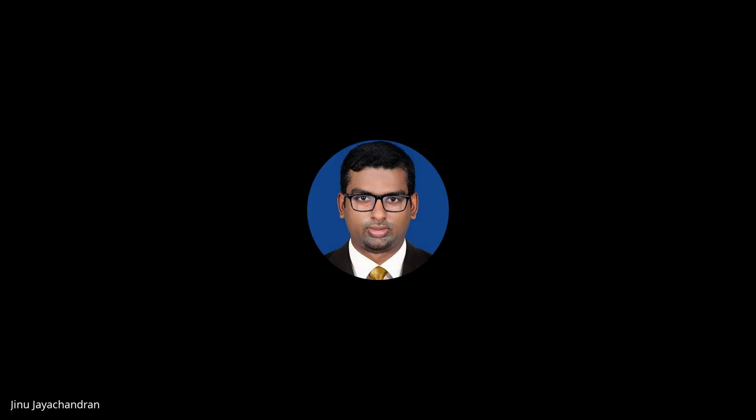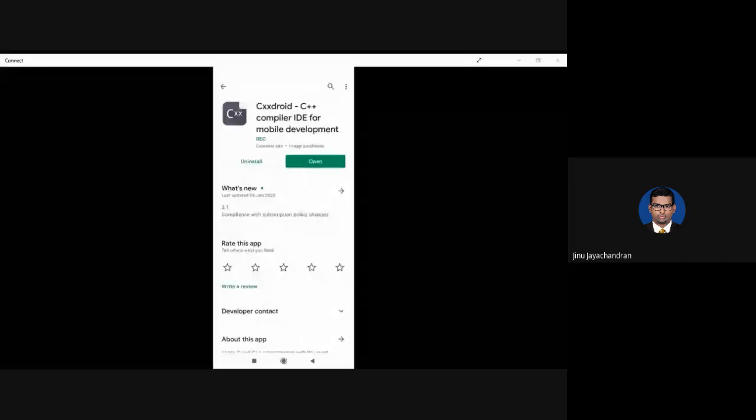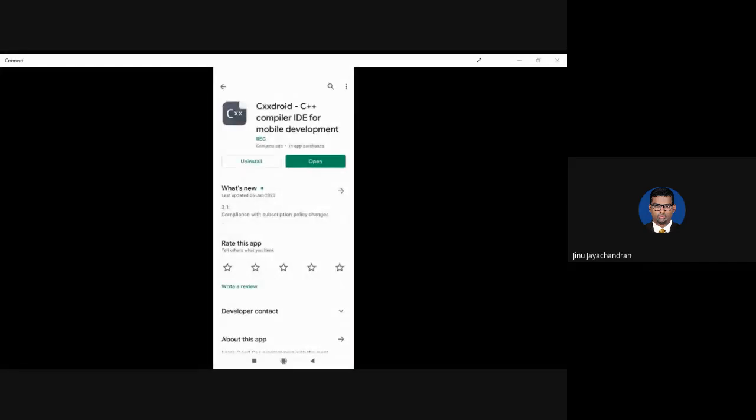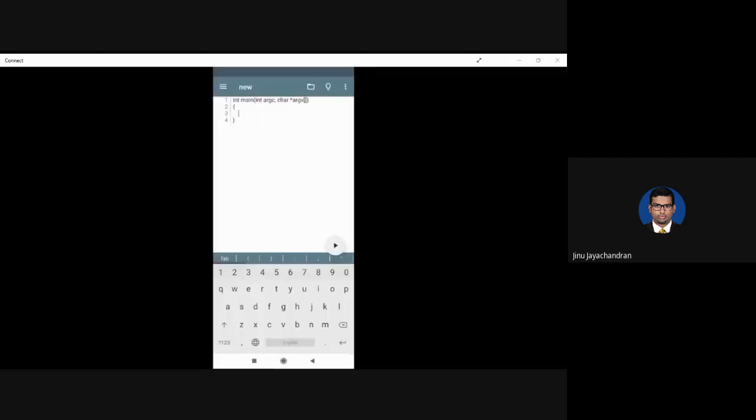So you see that there is this app called CXX Droid. Okay, so you can install this app. It will be a similar interface. For example, this is CXX Droid. So you see there is int main and so on.